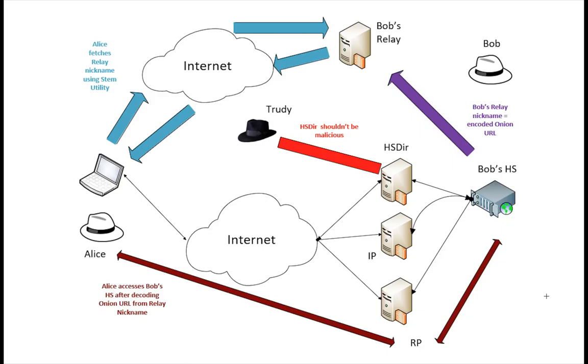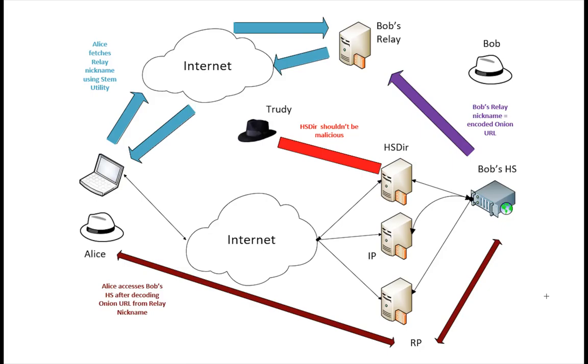So instead of communicating the onion URL for Bob's hidden service to Alice, Bob passes on the IP address and directory port of his relay out of band to Alice. Now, Bob has configured his Tor relay's nickname as a string, which, when decoded, will give Alice the onion URL